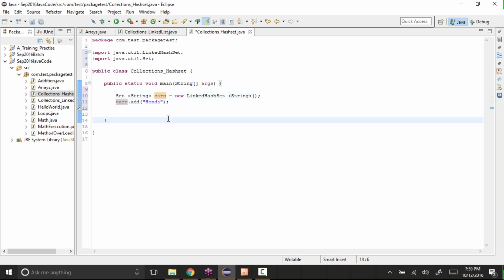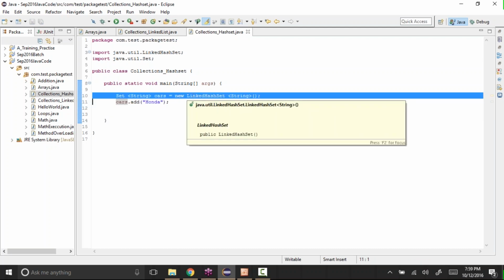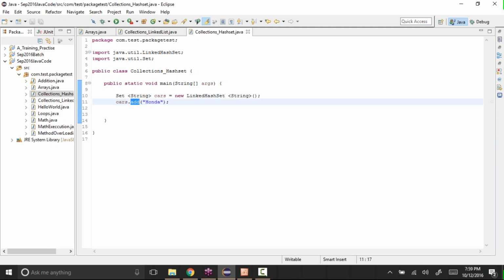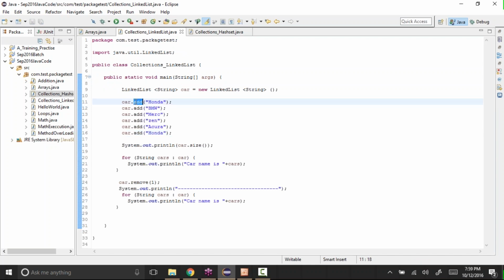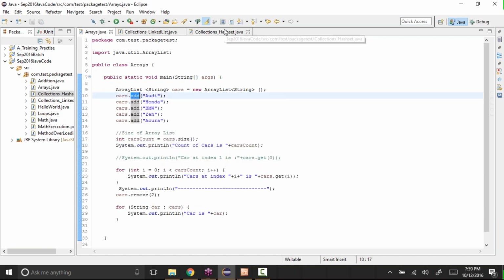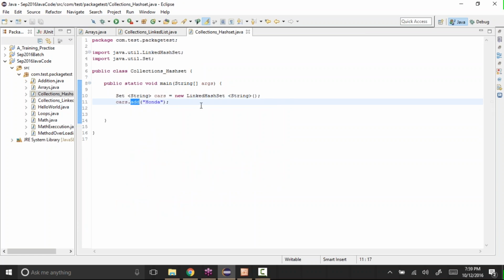The methods are the same, but the class that you create is different for each type of object that you are creating in the collections. Whatever that method is, add here is the same, and here also add, and even here also add. Everywhere it's add itself, but the way it creates that list or stores the values into that object is different.